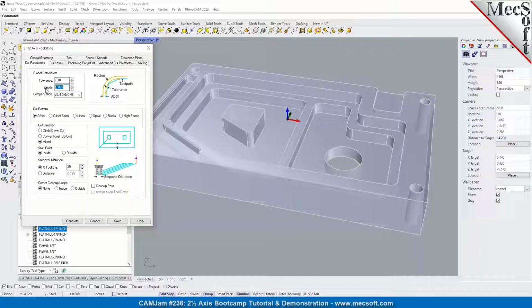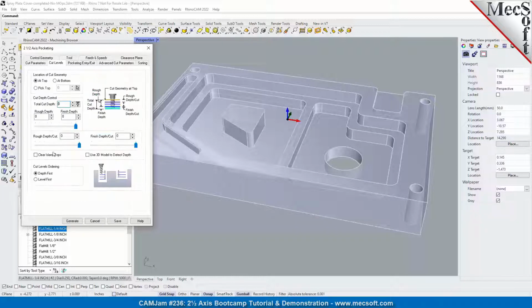And we'll go ahead and leave some stock, and we'll finish this off with a profiling operation. Let's just tighten this up. Well, 0.1 is fine since it's going to be a roughing operation. We do an offset cut pattern, a mixed cut direction. We're going to start on the inside of the pocket and work our way out. And we'll do a step over of 40%. And for our cut levels, we'll go ahead and do one cut level, and it will be at